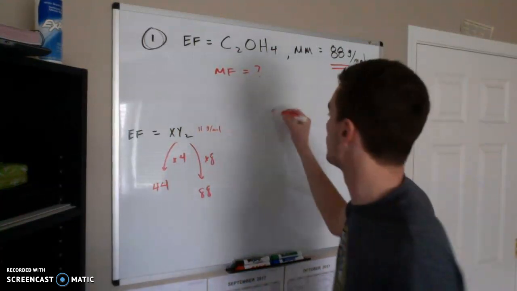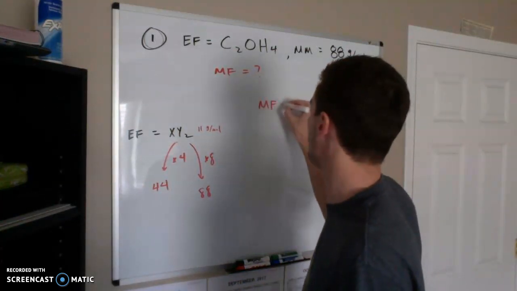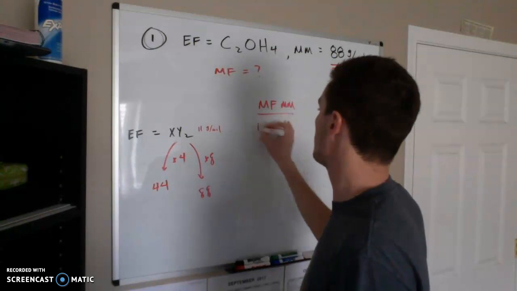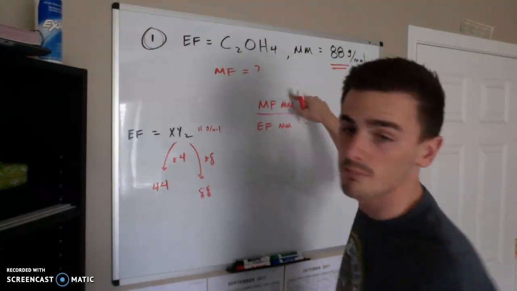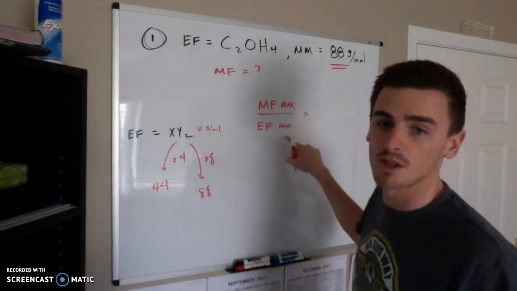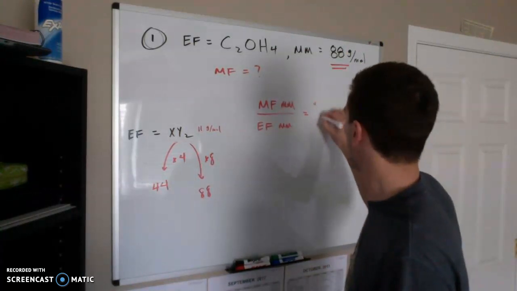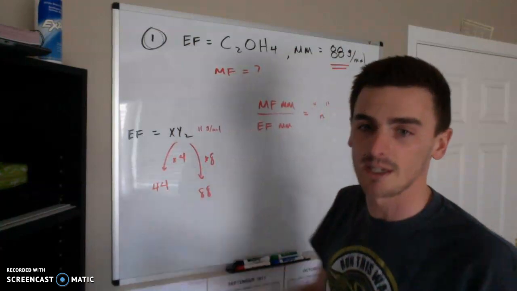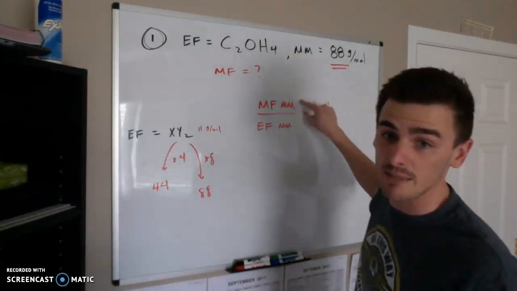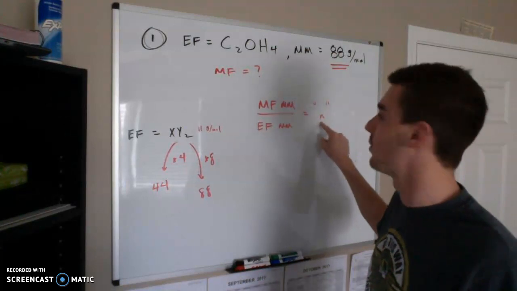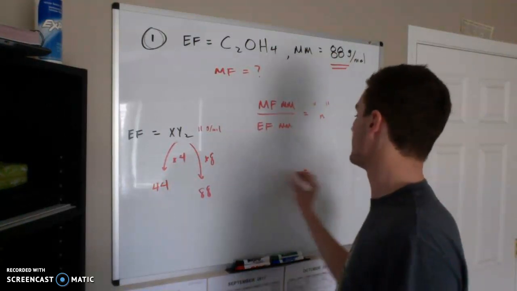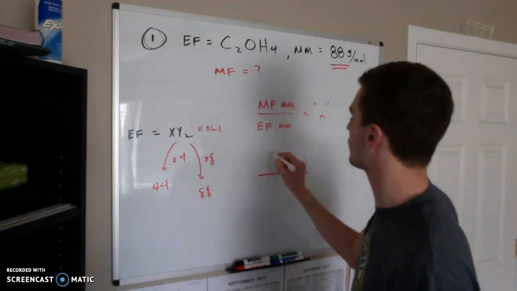So my shortcut over the years has become the MFMM divided by the EFMM. What those stand for is the molecular formula molar mass and the empirical formula molar mass. This should always come out to some whole number integer. It's either the same exact thing or it's twice as heavy, 3 times as heavy, but it should always be a whole number. So if we plug in here, we know that the true thing on Earth weighs 88